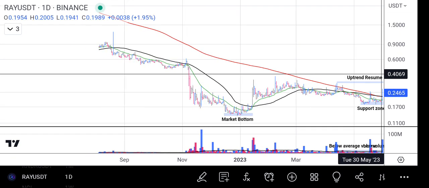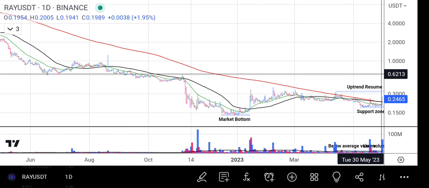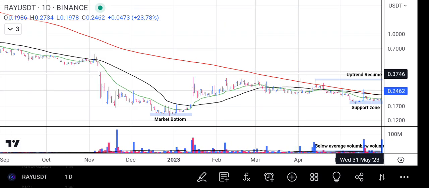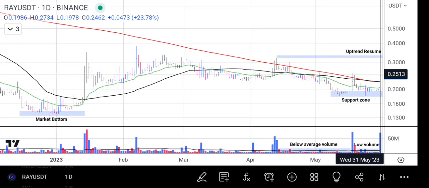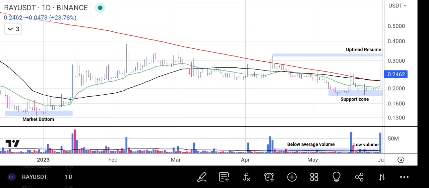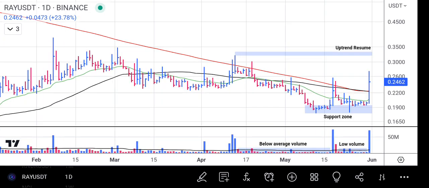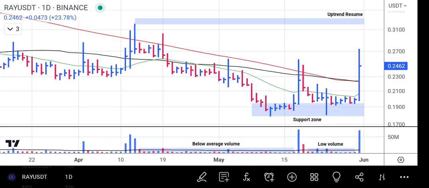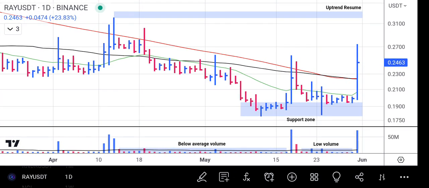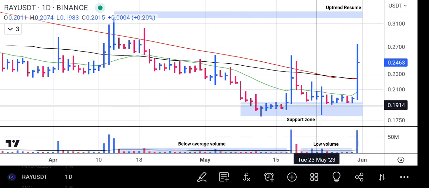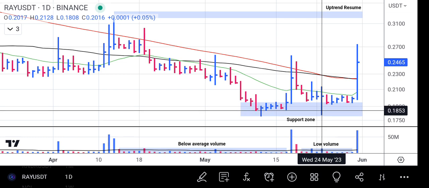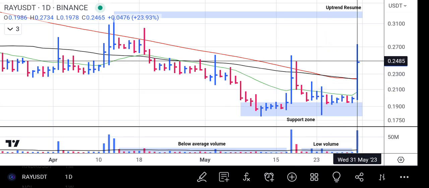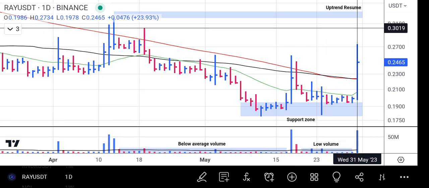When you look at the price over an extended period of time, you will see that Radium has been in a downward trend for so long, and that has weakened a lot of the sellers that are selling this particular coin. And as the buyers are now coming to the table with a show of force and full volume, it's telling us that something good is happening in Radium at the moment, because it has one leg bottom, it also has the second leg on this bar, and finally it has traded above the 200-day moving average, which has confirmed that